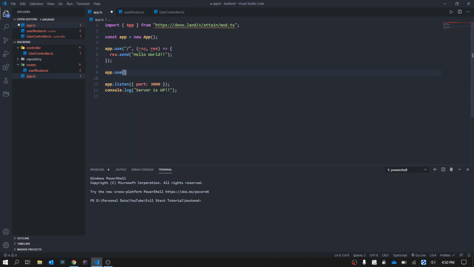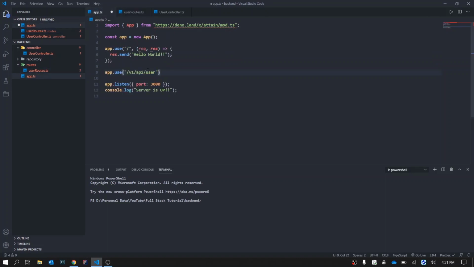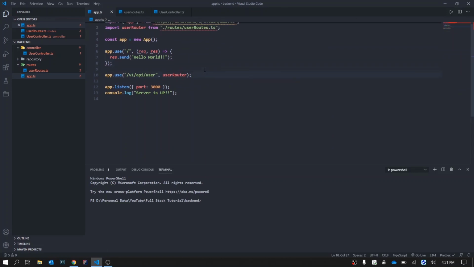And as I was defining those v1/API, that we will define here. This will be our main route, and that will be sub routes to that main route. So we'll just say /v1/API/user, as it's a user route. So we have written /login here, and we'll define that all the user related routes will go to userRouter. We'll import it here, again .ts. Yeah, that's it. I think we are good to go.